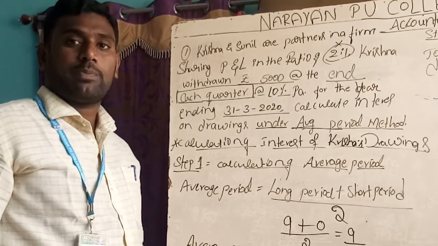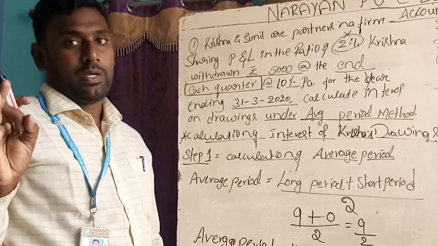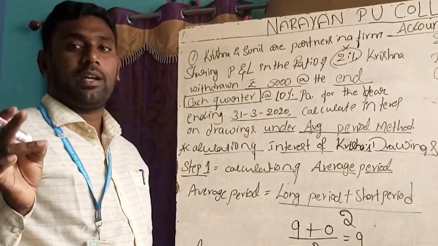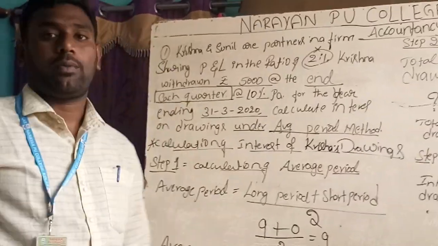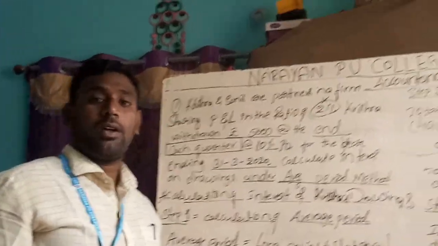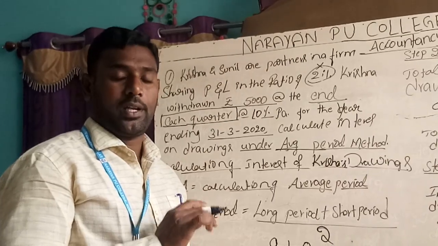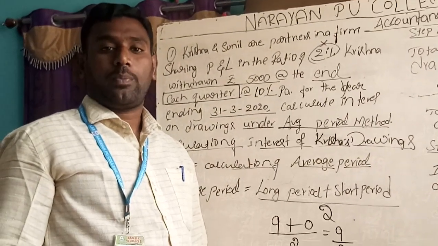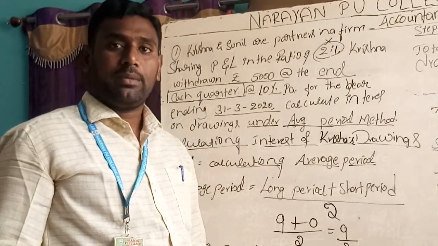But on a quarterly basis, the middle of the quarter is never given. Only the beginning of the quarter and end of the quarter are given. But monthly means beginning of the month, middle of the month, end of the month. So in this manner we have to calculate the interest on drawings. So here the information on drawings and related transactions is completed. From the next class onwards we will move to the profit and loss appropriation account, direct method and also indirect method, guaranteed method also.